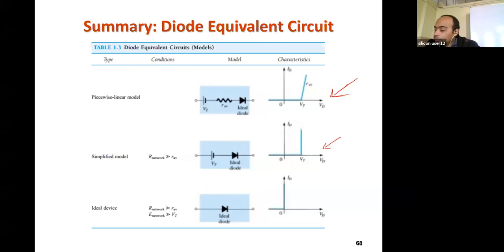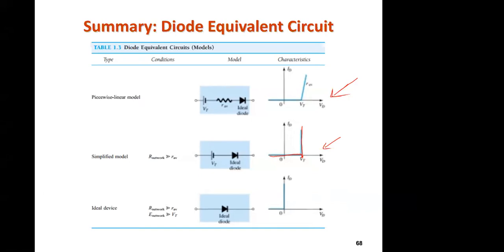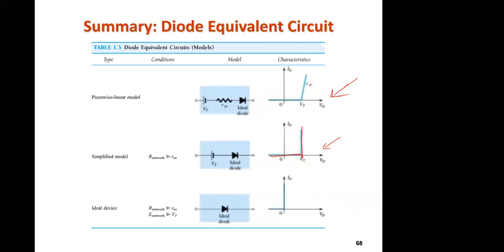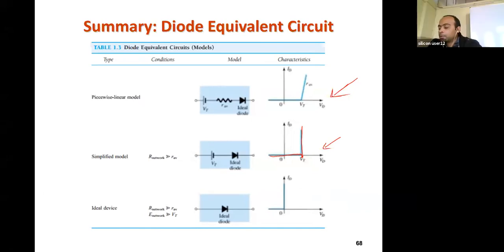Okay, so here we will get a curve like this. That means before VT no conduction, after VT it is starting, the current is starting to flow infinitely with a very high rate. Okay, so that's why it is called ideal, sir? No, no, this is also not ideal because here there is a threshold voltage drop VT. Okay, look at the third one. In the third one, the third one is the ideal one.